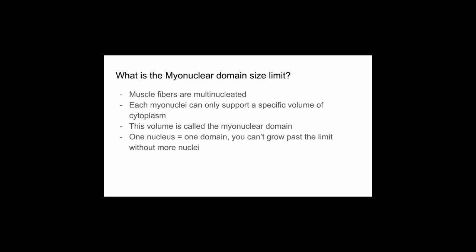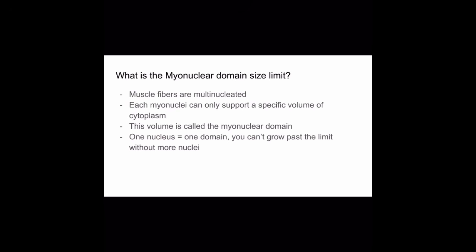So, what is it exactly? One thing you got to know is that muscle fibers are multinucleated, okay? They have multiple nuclei within the muscle fibers. Your other types of muscles, like your cardiac muscle and your smooth muscle in your stomach, are going to be single nucleated muscle types, because they are involuntary, meaning you don't consciously contract your heart or your stomach when they're functioning. Your body is doing it on its own.